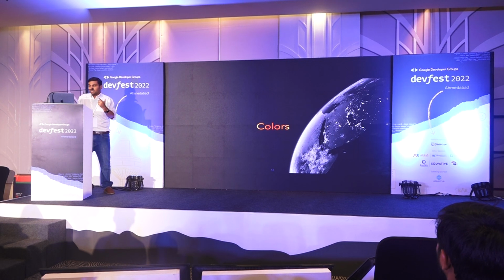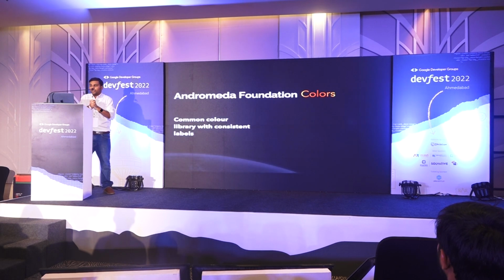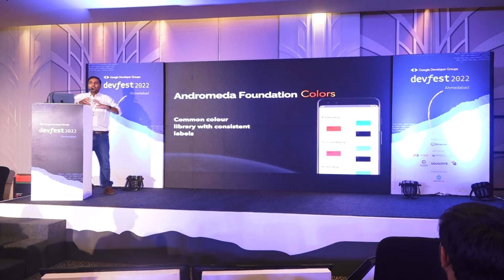Coming to colors. These are common library colors. So I'm going to have primary, secondary, tertiary, and so forth. These are the design principles I'm employing in my design system, where I want a background color. It's white by default, all white apps. But I'm also a dark theme person. So all these colors will also have a contrast on the other side. When you download the sample app, there's a button on the top. You click on it, dark mode comes on, and all the colors are based on that.